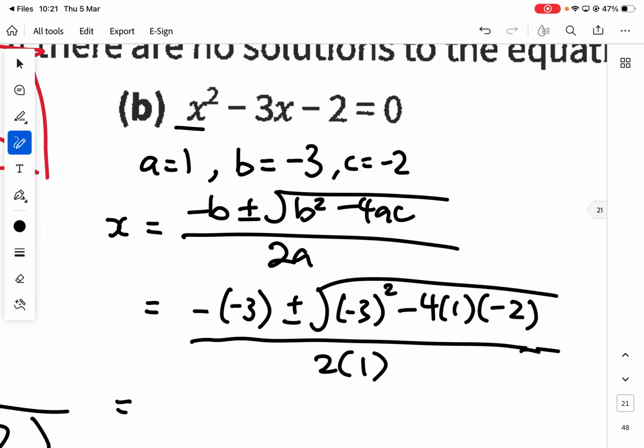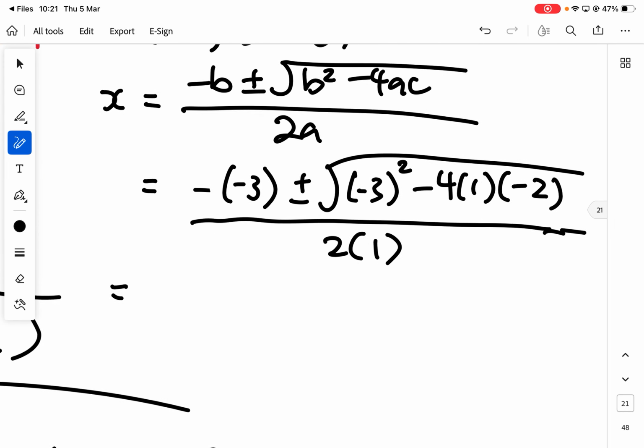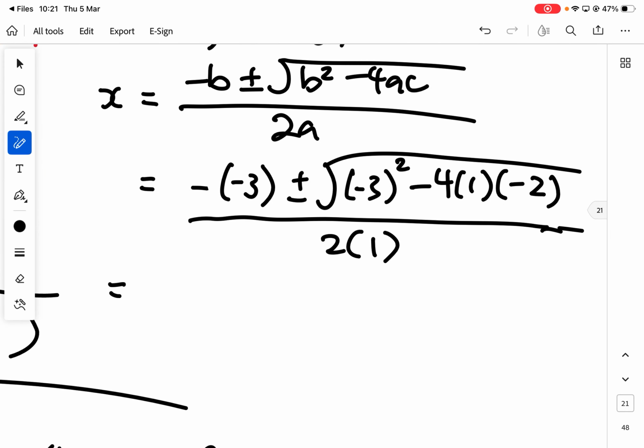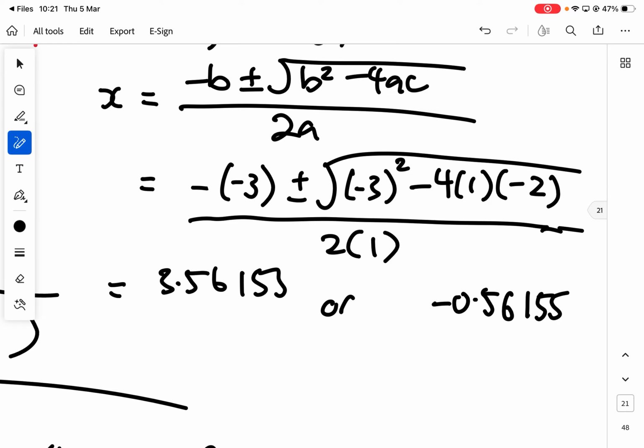Okay, so if you press inside your calculator correctly, you copy correctly, you should have negative 0.56155. The other one is 3.56155. So if I write in 4 significant figures,